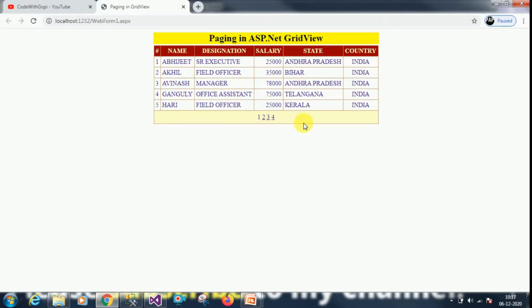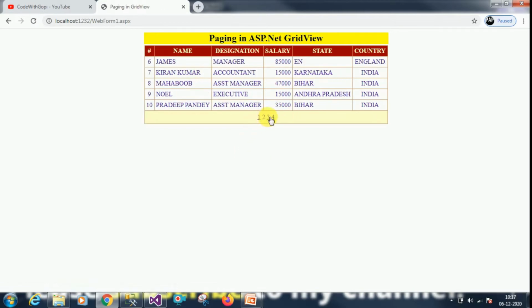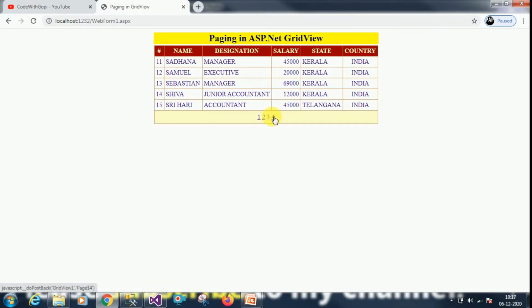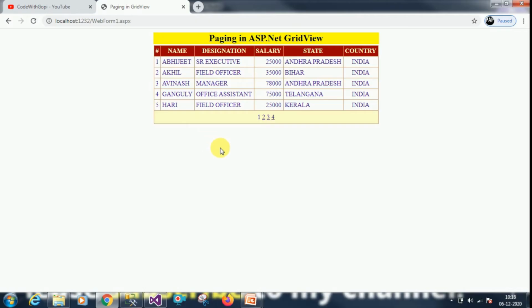to grid view like this, and we have to implement the paging like this, and whenever you click on a page it will display the page data. Here I am displaying 5 records on each page, so as per our requirement we can change the number of records for each page. Okay,